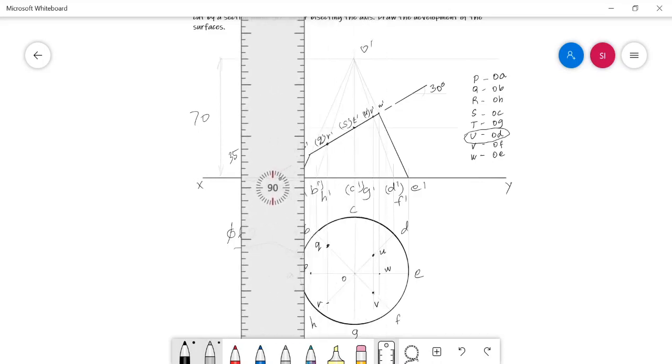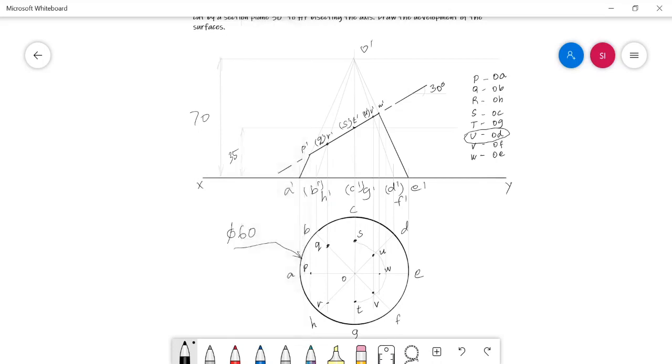Drop it on OE in the top view here, and then make your O as center and the new point as radius in your compass, and draw an arc towards the generators OG and OC in order to mark the cut points S and T. So here I can mark the cut point T, and there I can mark S. In this way we can mark the cut points in this type of situation.